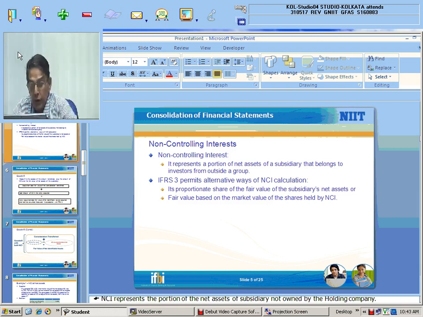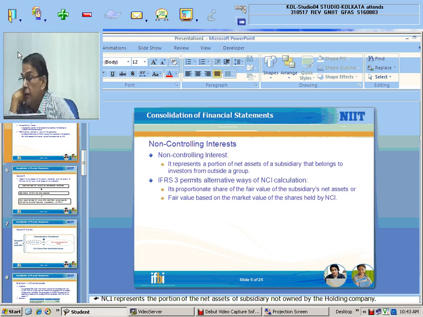NCI has to be shown in the consolidated balance sheet below the equity elements on the liability side of the balance sheet. The non-controlling interest must be reflected in the consolidated balance sheet below the equity elements on the liability side of the balance sheet, and similarly NCI profit share will be shown below the net profits in